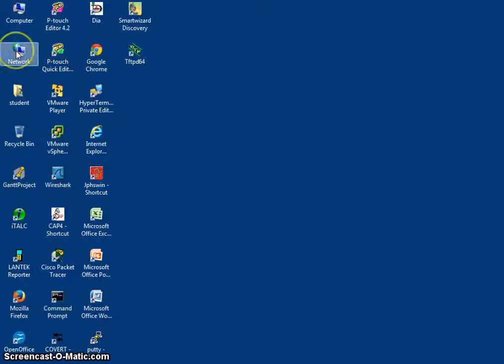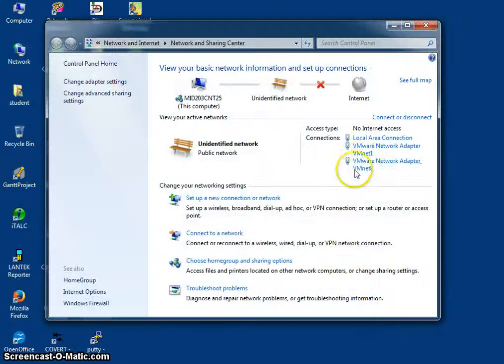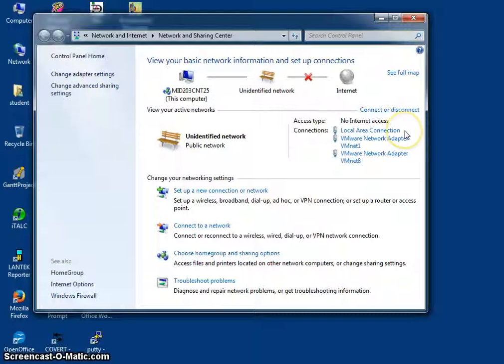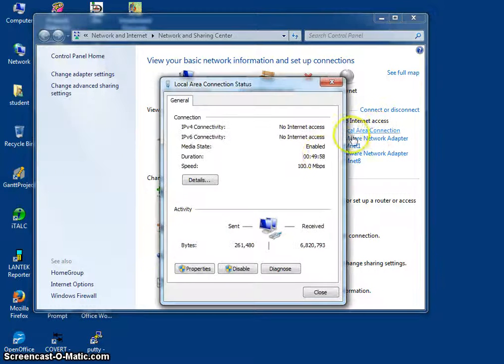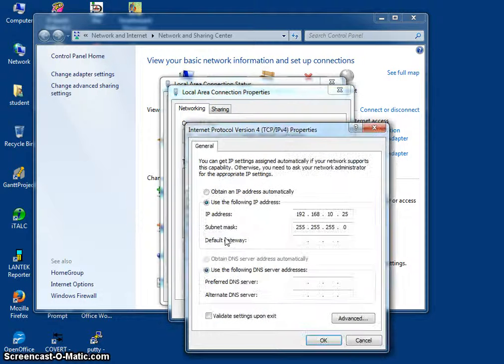So last time I right-clicked on network and did properties. Some people often like to go to the control panel, so you could go to the control panel and do that. Some people like to use the button down in the bottom right that shows a little monitor. It's right off the screen for you guys. When I click that, it brings up Network and Sharing Center and gets me right back to there. So there's a couple options: control panel, right click on network, or use the little monitor icon down on the bottom tray, if you will. Any one of those will get you there. But let's get back to our local area connection, go back to the properties, highlight TCP/IP, click properties, and we're going to do